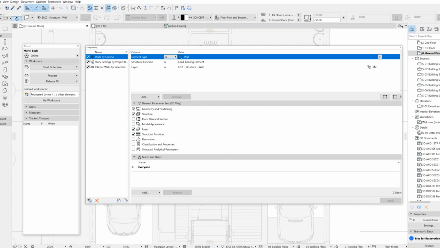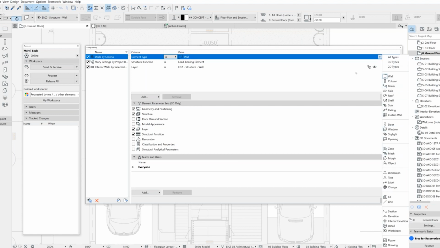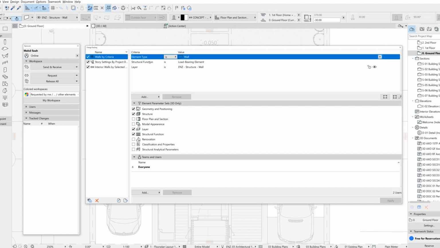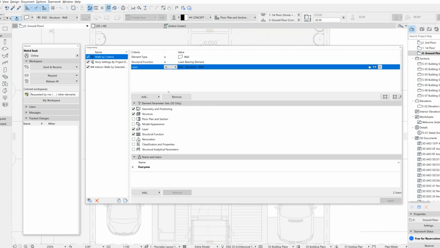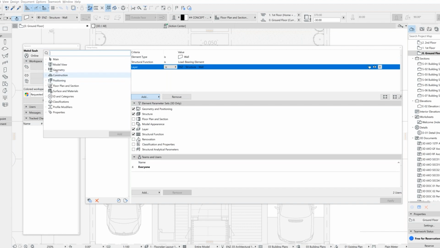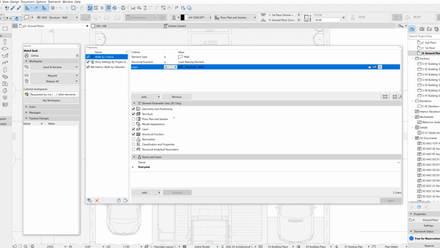So I will just put in element is wall. You can also select the different kinds of elements here, and you can add in the structure function, which I want to be load bearing, and the layer to be under structural wall. You can also add in other criteria as well, let's say your geometry, your height, if there are any changes, etc.